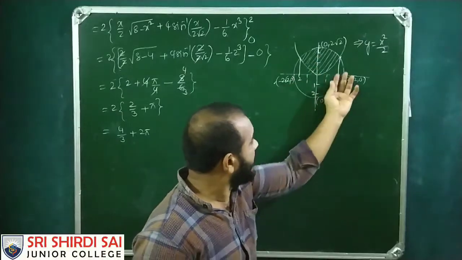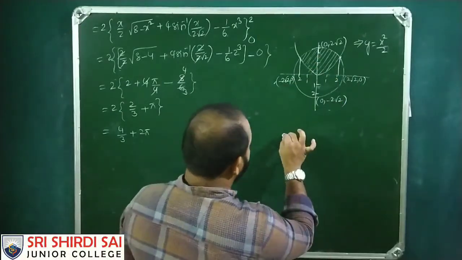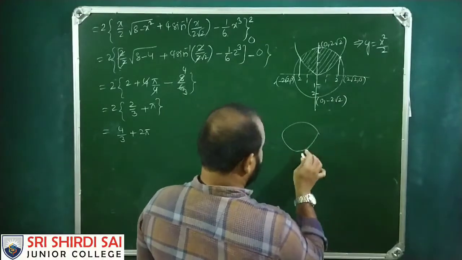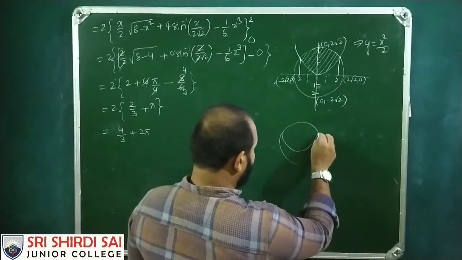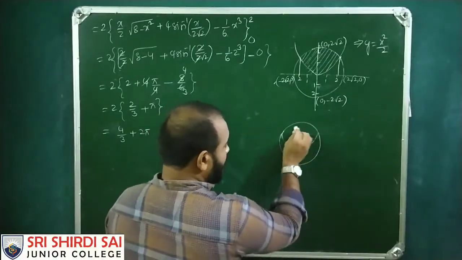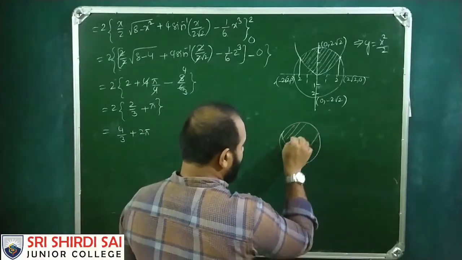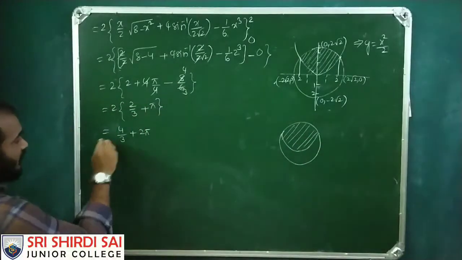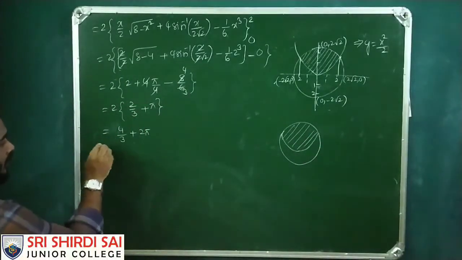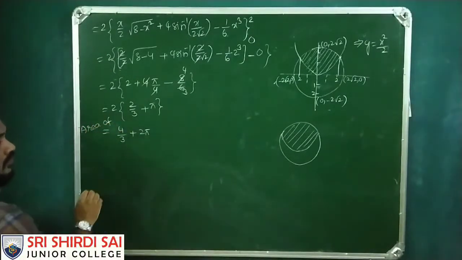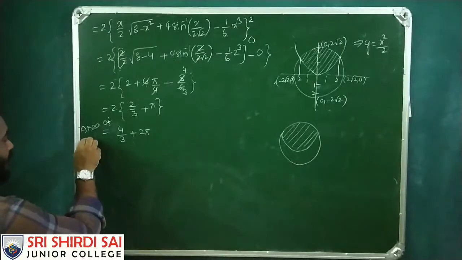Now to obtain the remaining part. So this is the total circle I want. So that means this is what I got, right? To get this is the area of one part.